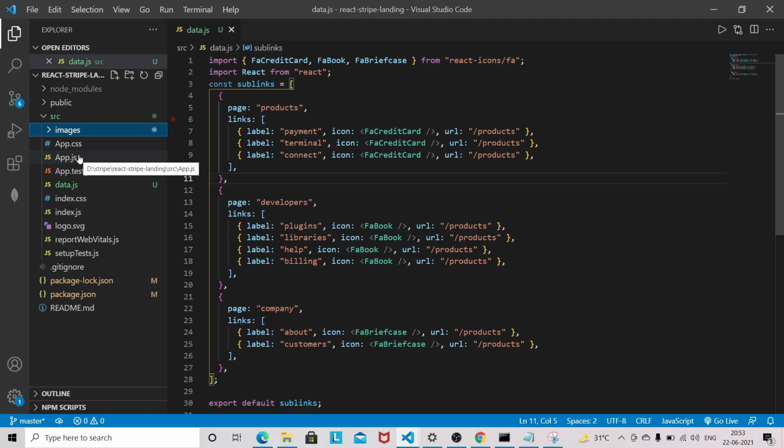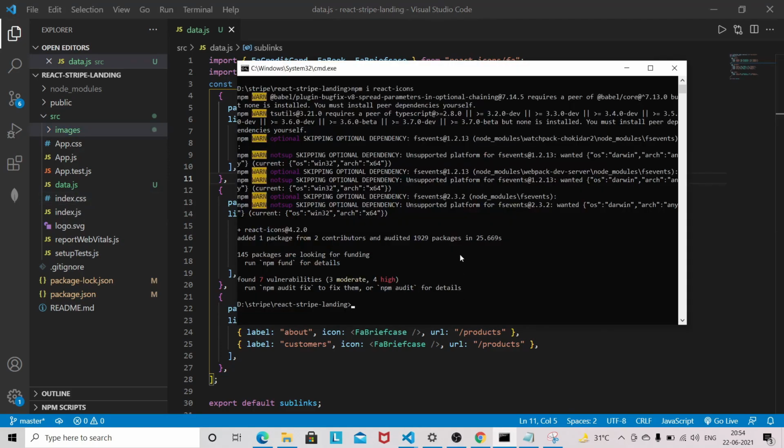So you don't have to worry about the resources like image, data, and the CSS file as well, because we have to write a lot of CSS code in this small project. But I will just copy paste, and I will provide all the CSS, images, and data with a separate GitHub link, and you can check out the GitHub link in the description.